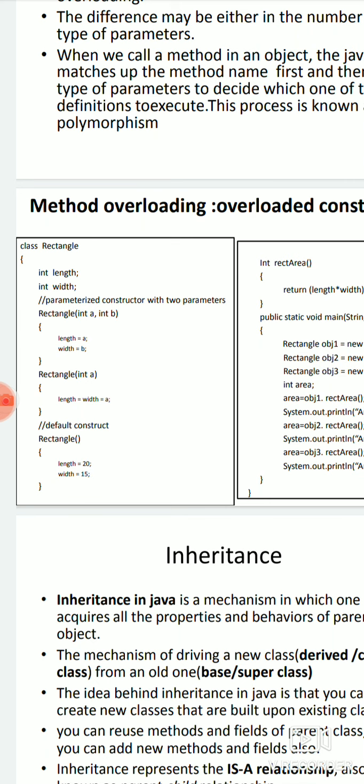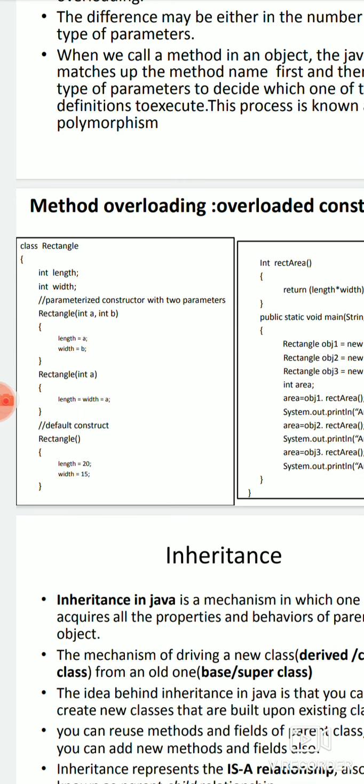Now next is again Rectangle(int a). This is again a constructor. Why? Because the same class name is coming, but with only one parameter.